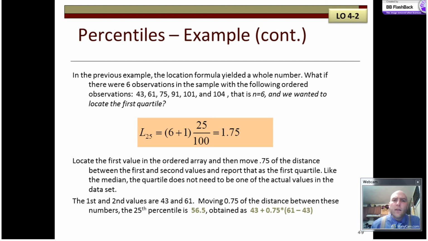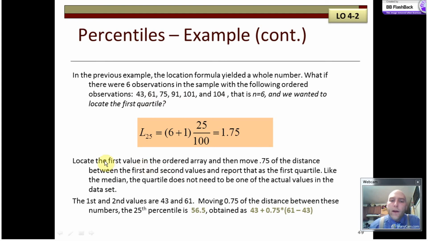And in the previous example, we may wonder what happens if we don't get a whole number. For example, if there are only 6 observations, 43, 61, 75, 91, 101, and 104, they're already sequential. Well, that's a sample size of 6. If we wanted to find the lower or first quartile, we would use this formula here, 6 plus 1 times 1/4, or 25 over 100. There is no